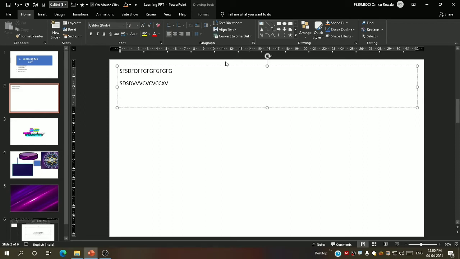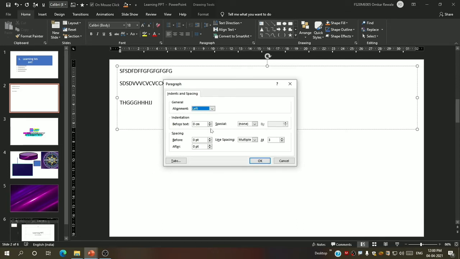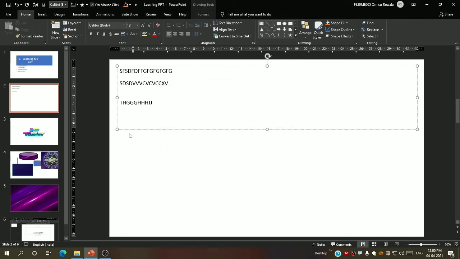You see 3.0. You can see. Again let me press enter. Let me go into line spacing options, which is custom. Let me increase that from here, 1.4.